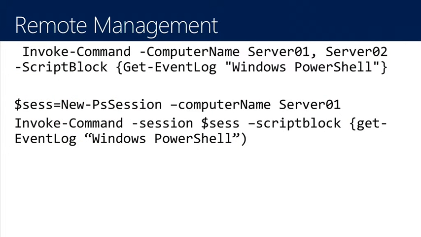Okay, so here's a couple of syntax on that. Invoke command, computer name. Again, I can do it on a couple of them, so that's a nice thing. I can build that list through import CSV, something like that. But basically, then run a script block. The big thing is make sure you have a brace in there. So again, here, go get my event log for Windows PowerShell. That's that basic command. That's a really useful one as a one-off, if I'm just trying to check those things, or if I'm trying to gather information.